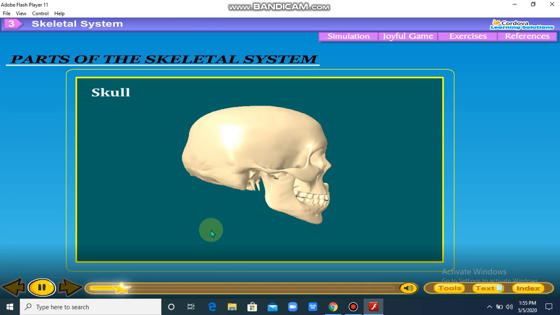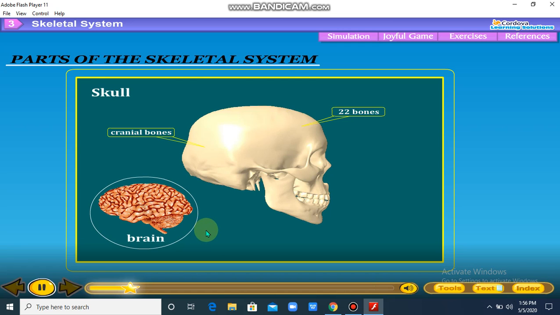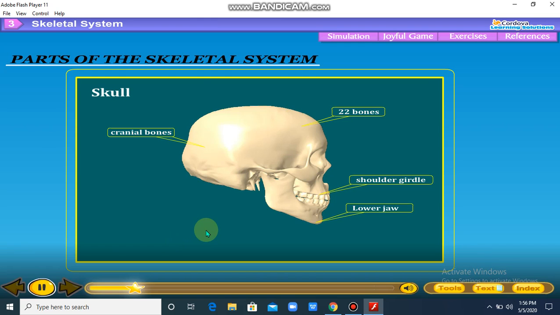Skull. The skull of an adult human being has 22 bones. It contains holes for eyes, ears, nose and mouth. The upper portion of the skull is made up of 8 flat bones, cranial bones, which protect our brain. The face and jaw contain 14 bones, facial bones. All bones in the skull are fixed except the bones in the lower jaw that can move. It enables us to eat and speak.